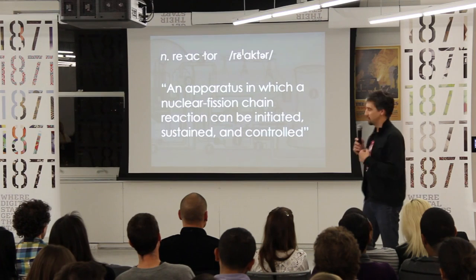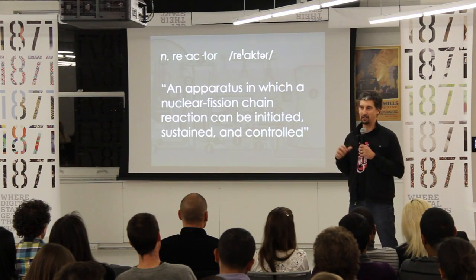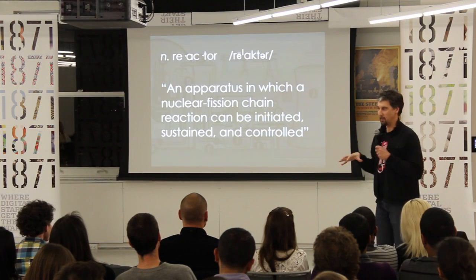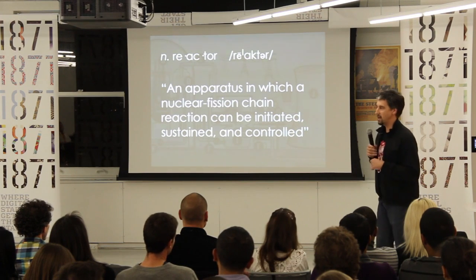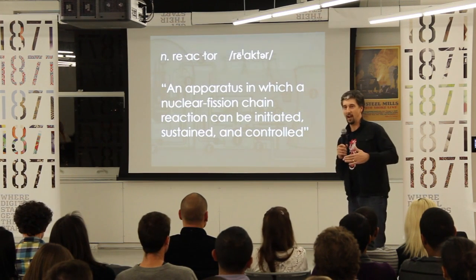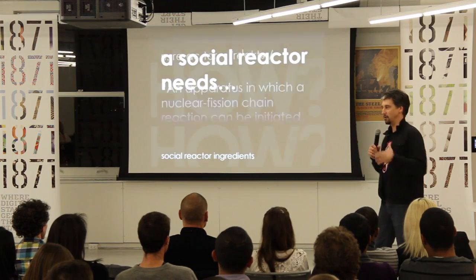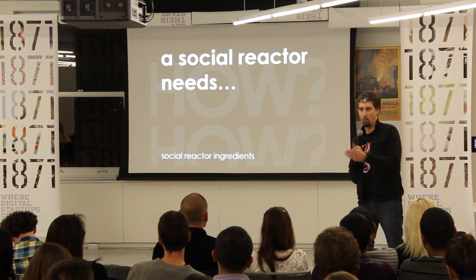So what you need is a nuclear reactor. And a nuclear reactor is a way to contain that chain reaction and make it useful and turn it into energy. So how do you make a social reactor? How do you get that chain reaction going to make something go viral, to build a community? Well, from Threadless, I got to see how that reaction works every day, with functionality and tools in a community that keep k greater than 1.